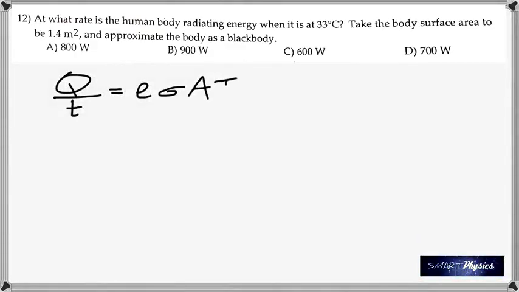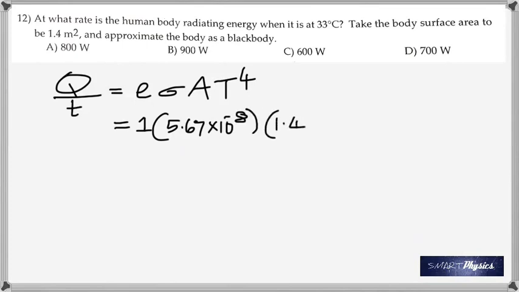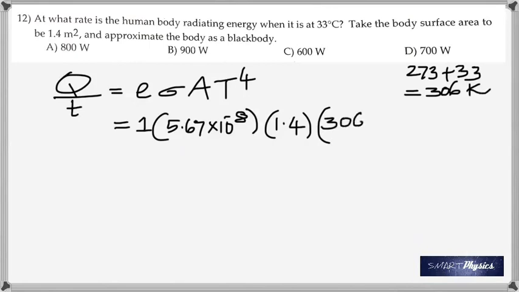And the formula, Stefan's law, is e sigma A T raised to 4. E is 1, emissive power, sigma is Stefan's constant, and area is given here. And, of course, temperature has to be in Kelvin, 306, and it's raised to the power 4. So that's going to be a big number. I mean, when you raise it to the power 4, it's a big number, but then because there's 10 to the minus 8, you get it to be